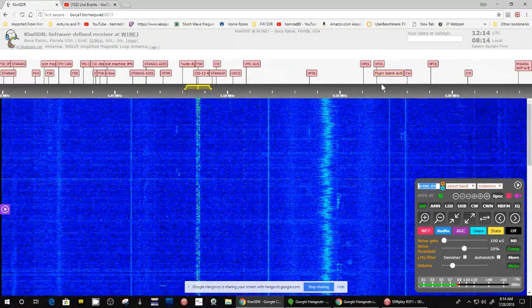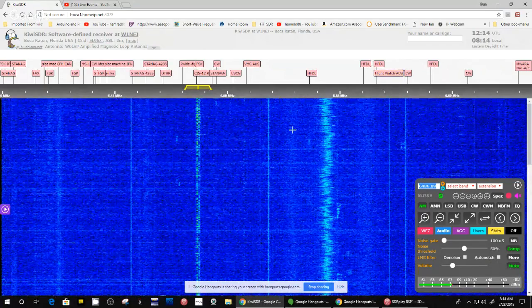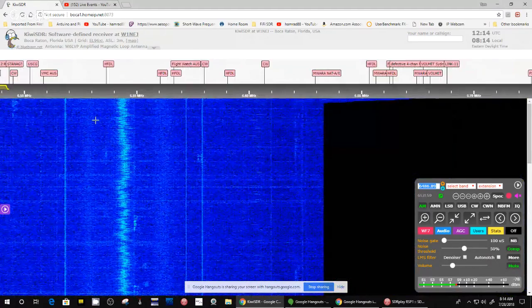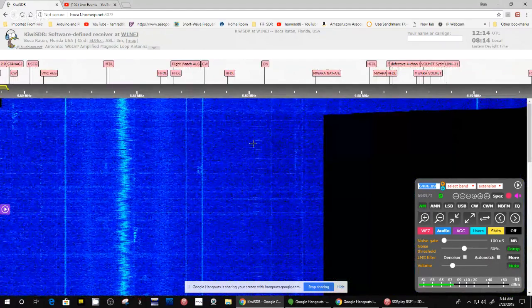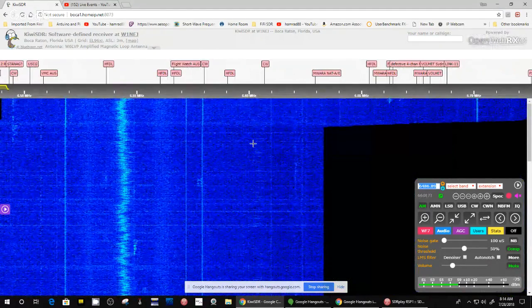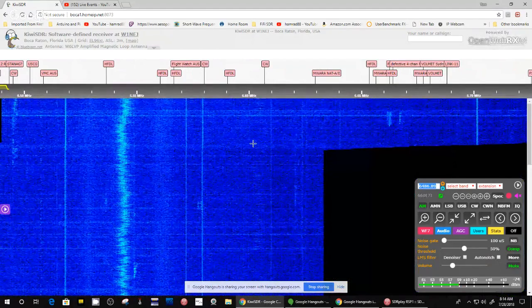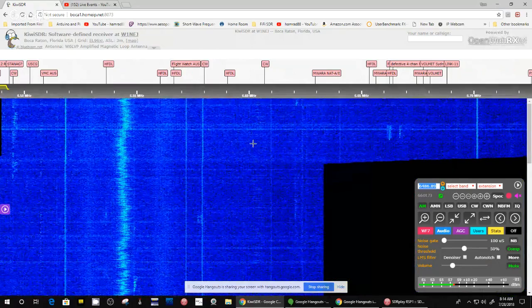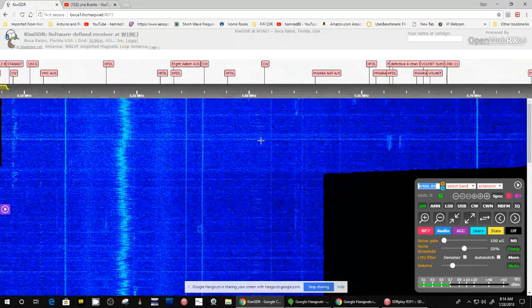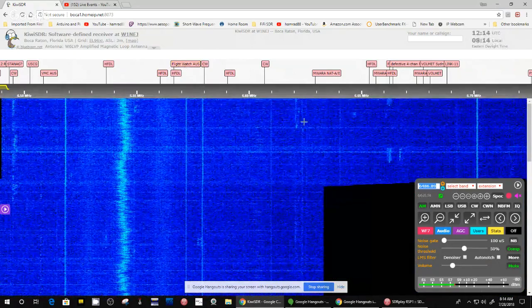Okay, let's just slide this over, and we're going to stay in the lower shortwave bands because that's typically what's good in the morning here in Florida. Definitely nothing there.